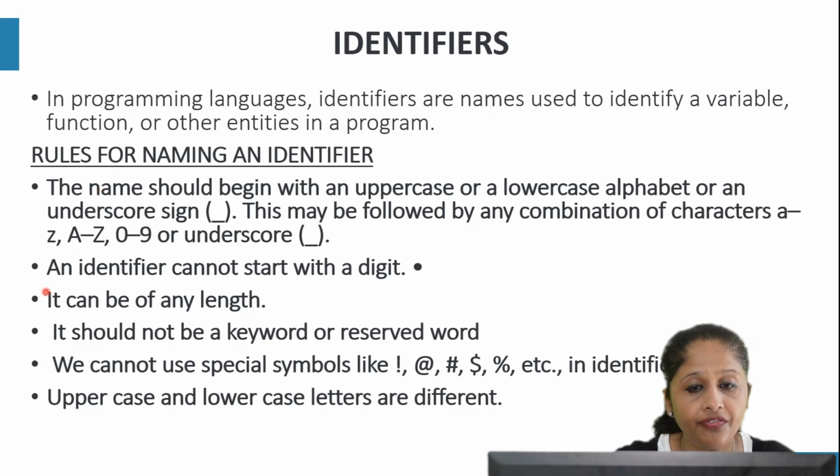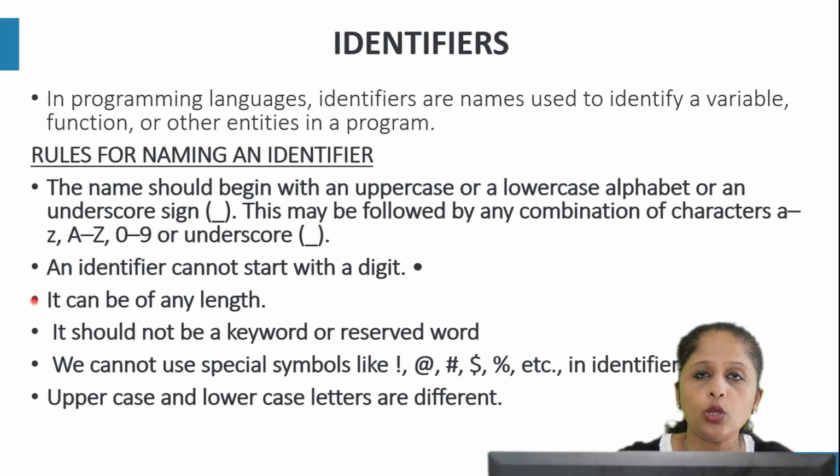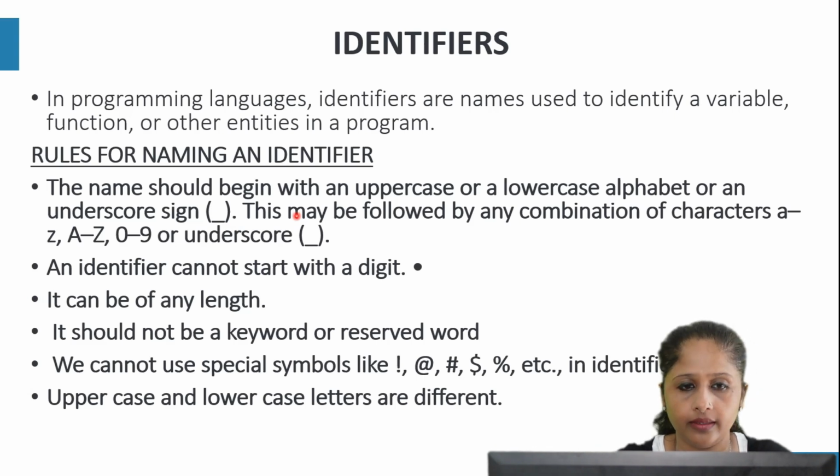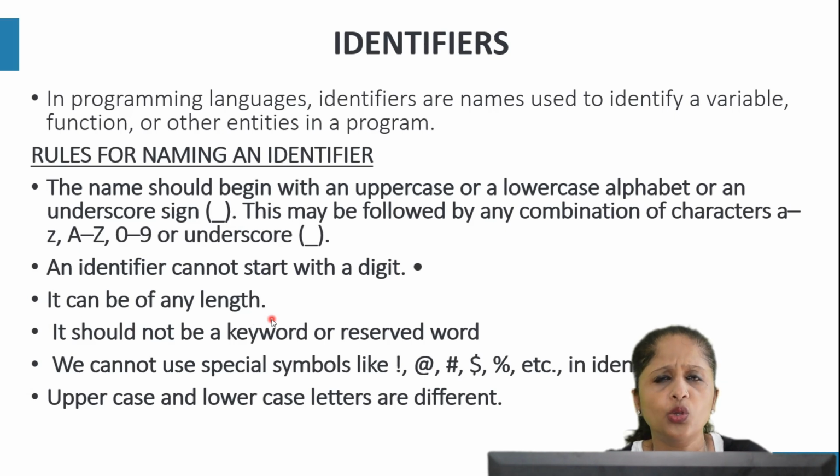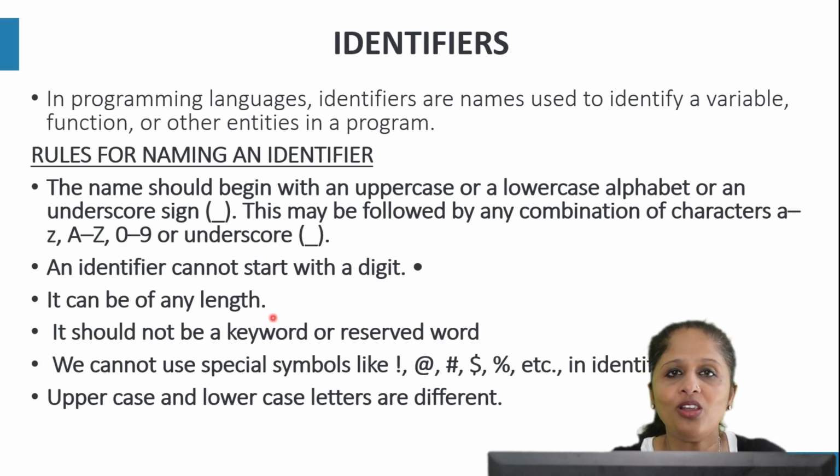Second, an identifier cannot start with a digit. You can start with alphabet or underscore, but it should not start with a digit. Then we have, it can be of any length. That is, an identifier can be of any length. You can give any length. There is no limit for the identifier name, but use small words for writing an identifier. Don't use lengthy names, it will be very confusing. The next rule